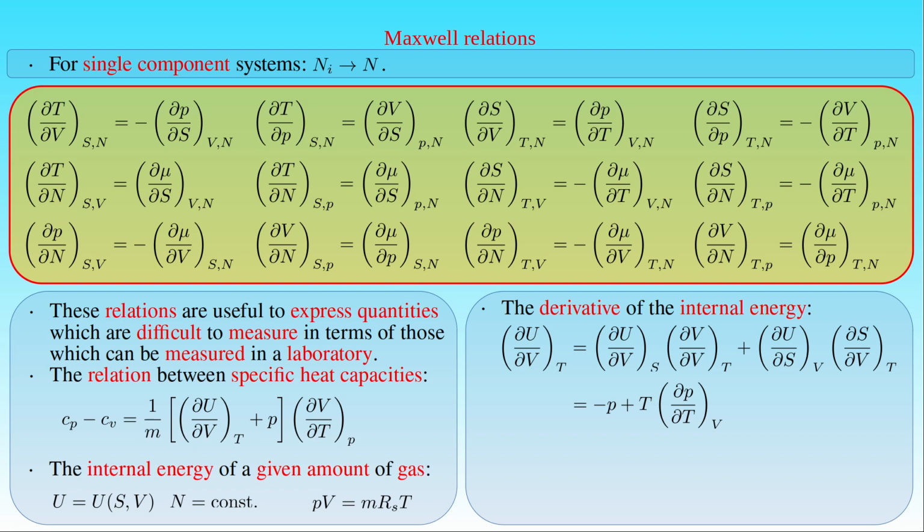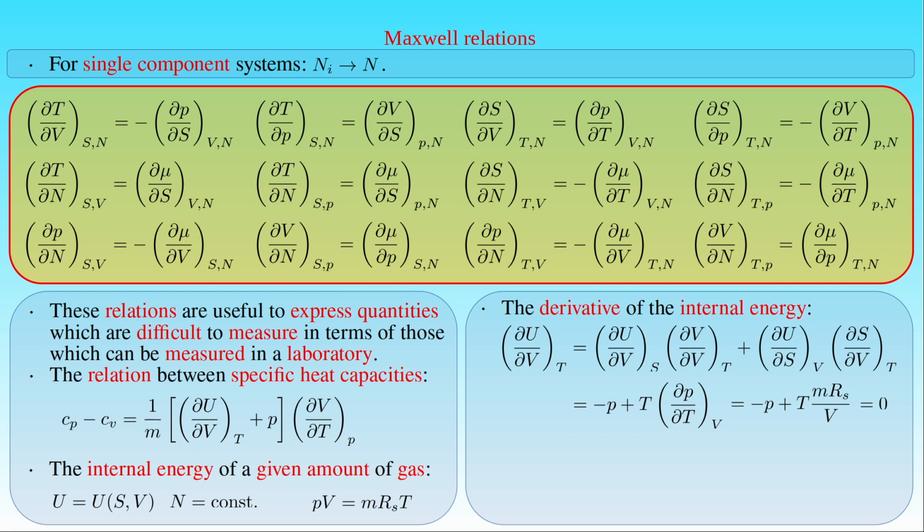In the general case, it is not so difficult to measure the change in the pressure as a function of temperature in a constant volume, and the left-hand side of the derivative of the internal energy can be determined. In the case of an ideal gas, we can substitute the ideal gas law into the derivative, which gives minus the pressure P, plus the temperature T times the ratio of the mass m times the specific gas constant Rs divided by the volume V. But the second term is just equal to the pressure P as the ideal gas law shows, and the right-hand side vanishes. It is also obvious from the fact that the internal energy of an ideal gas does not depend